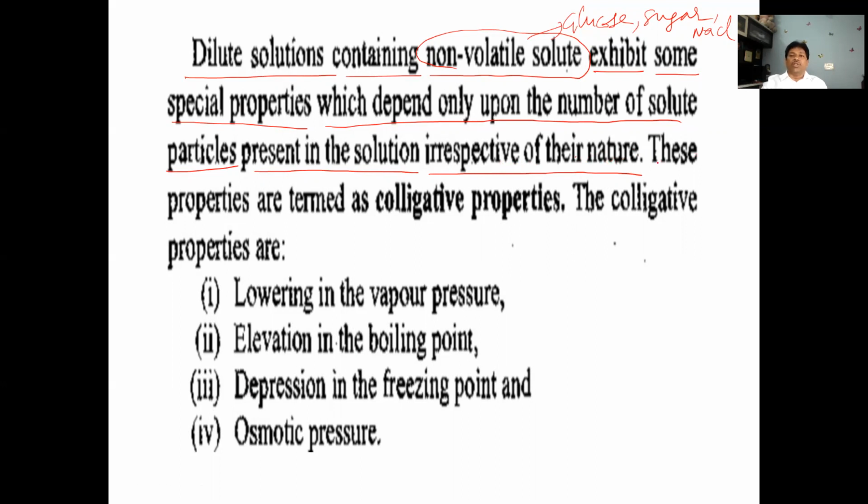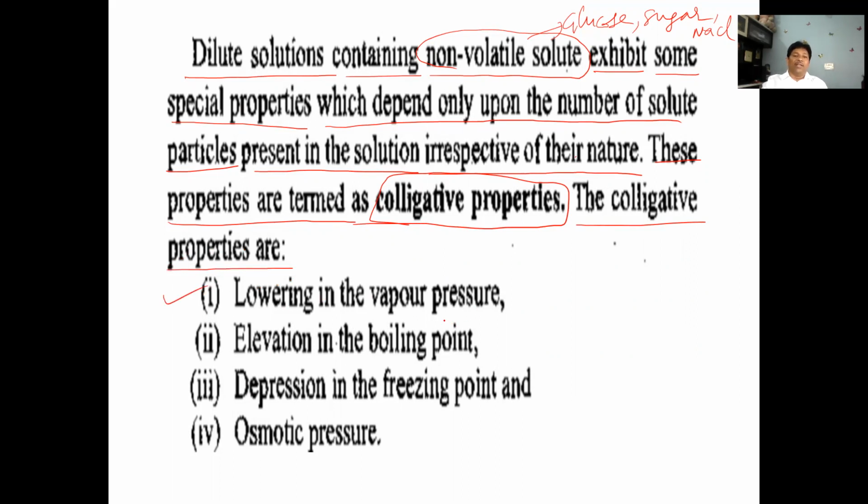These special properties are termed as what? Colligative properties. So these special properties, which depend on the number of solute particles, are termed colligative properties. So what is the name of these special properties? Colligative properties. Colligative properties depend only upon what? The number of solute particles. The number of solute particles decides what? The colligative properties. The different types of colligative properties are, first one, lowering in the vapor